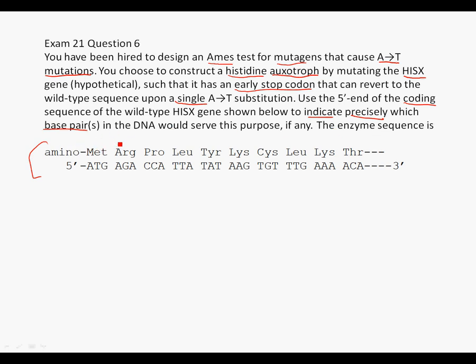So we have the amino acids Met, Arg, Pro, Leu, Tyr, Lys, Cys, Leu, Lys, and Thr. In single letter, that's methionine, arginine, proline, leucine, tyrosine, lysine, cysteine, leucine, lysine, and threonine. Doesn't matter. And the DNA sequence representing it,